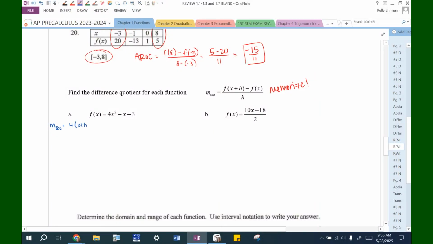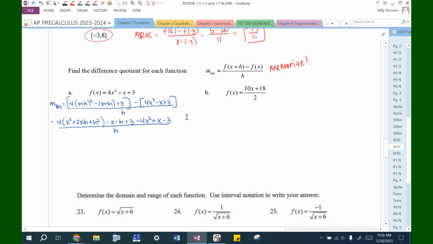4 times (x plus h) squared minus (x plus h) plus 3. That's f of x plus h minus f of x, all over h. Now we carefully FOIL everything out, so I'm going to keep the 4 out here for a second. This is x squared plus 2xh plus h squared minus x minus h plus 3 minus 4x squared plus x minus 3, all over h. Remember to write the all over h part, otherwise it's a false equivalency, and you wouldn't get credit on, say,